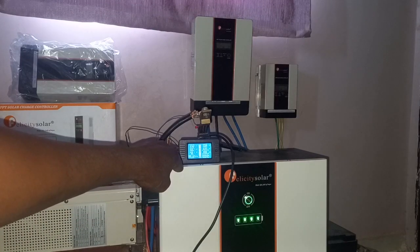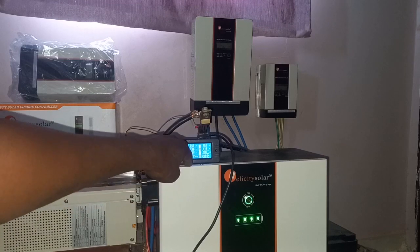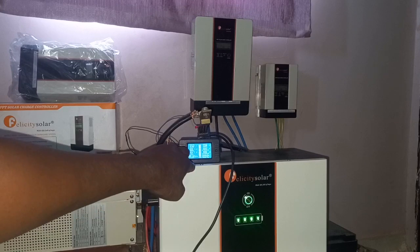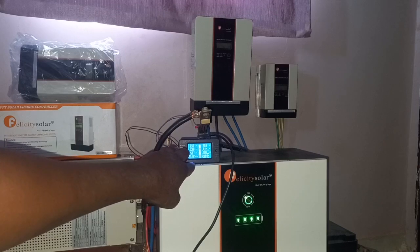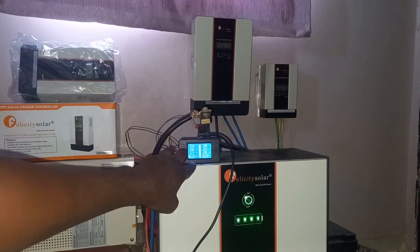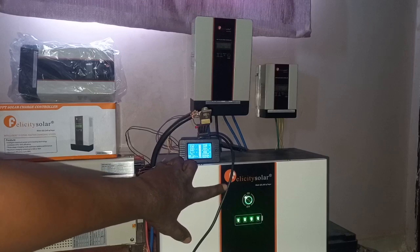Again, for the purpose of this test, I wanted to clarify that the manufacturer recommends charging these batteries to 57.6 volts, but for some reason I'm unable to charge this battery to 57.6 volts. So I decided to reduce the charging voltage to 54.7. So this battery is charged to 54.7, and you can see from the capacity indication tab that this battery is